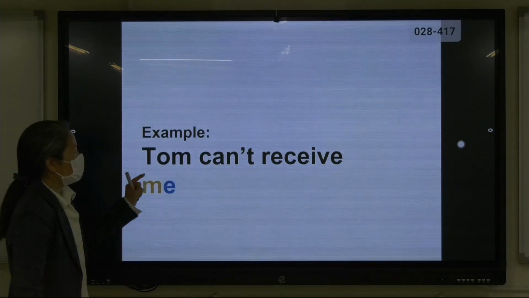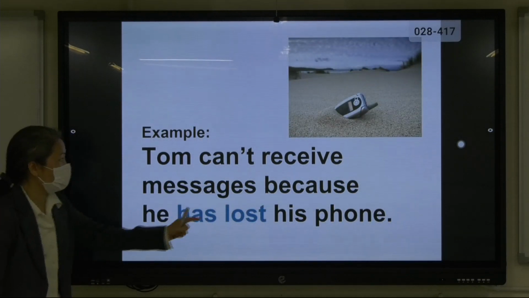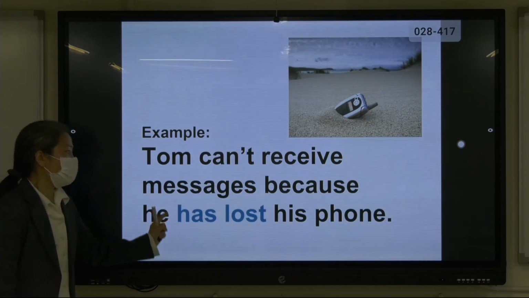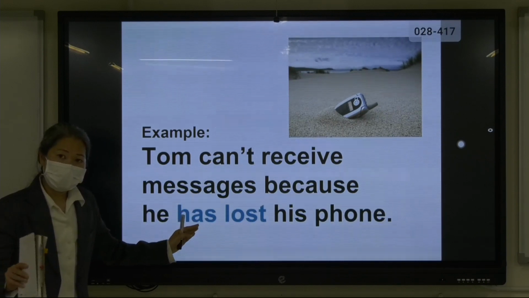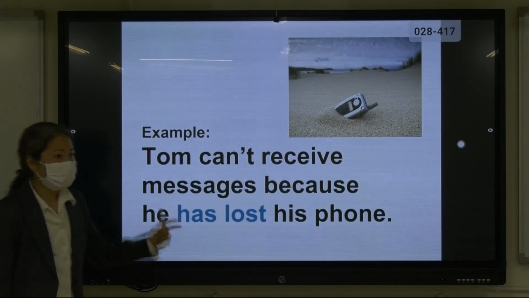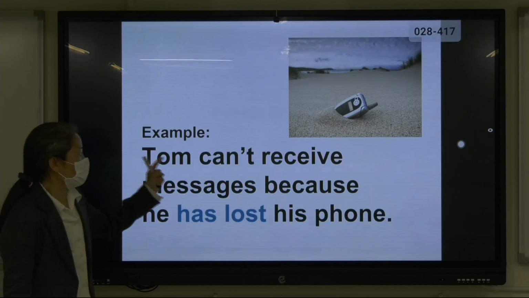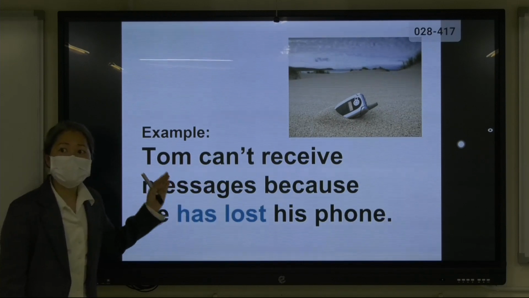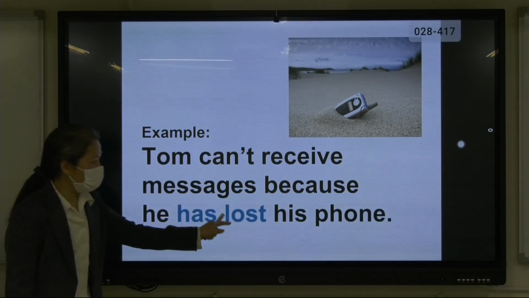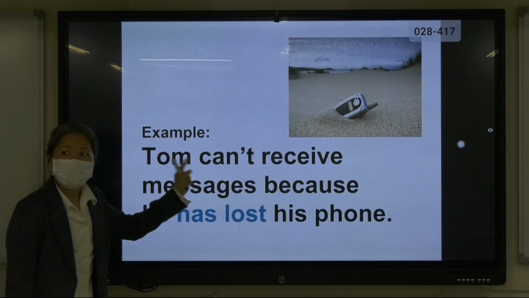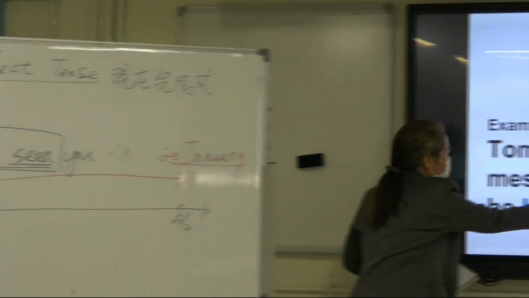For example, Tom can't receive messages because he has lost his phone. Okay, in the past, Tom lost his phone. 喺過去，阿 Tom 唔見咗手機。And the result is 結果點？He can't receive messages，搞到佢而家收唔到信。OK, present perfect tense, 現在完成式，一樣過去發生嘅事件，搞到你而家有後果嘅。OK, present perfect tense. The first one, and then